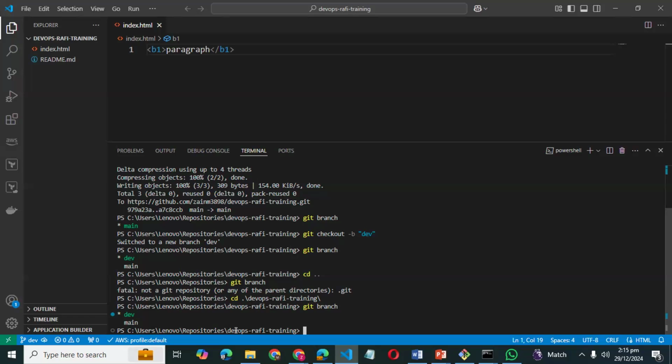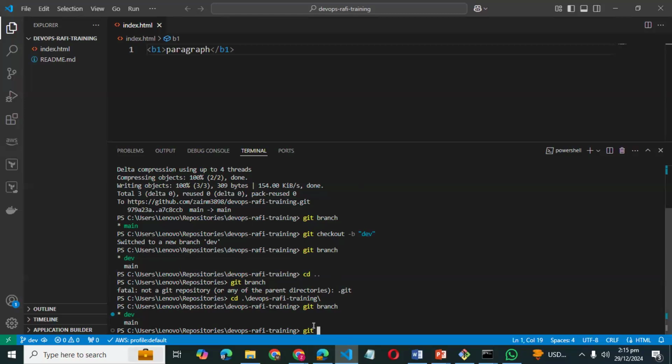Just give me a command for it. You can see the commands here. How to create the new branch? What is the Git command for it?